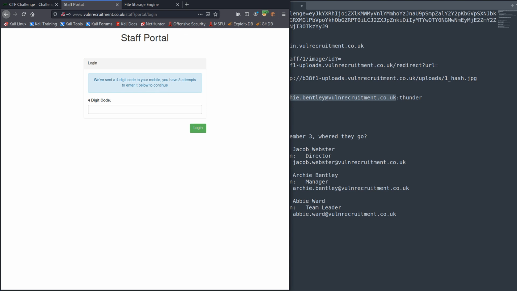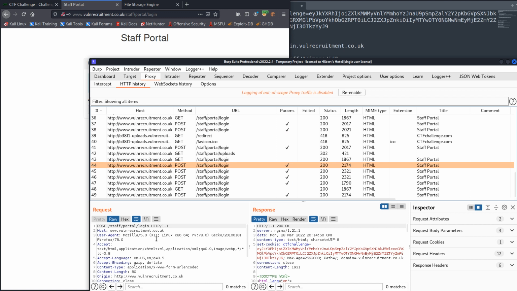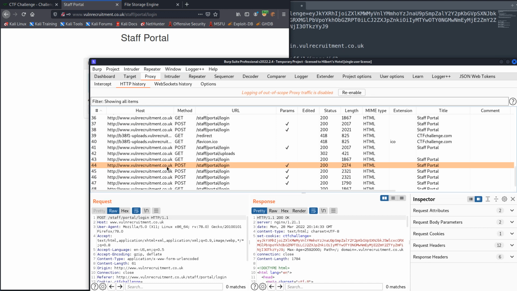But even if that is the case, if there isn't any kind of protection in place, let's look and see what's going on. Worst case is we could still brute force this. Even with just 3 attempts before each reset, there's 10,000 possible 4-digit pins. If we had 3 guesses each, the total chance to get one right, get lucky and get one of the 10,000, is probably under 0.5%, I would guess,